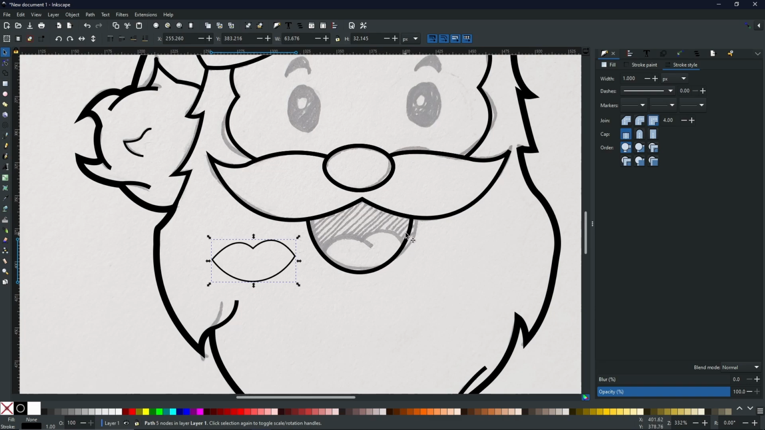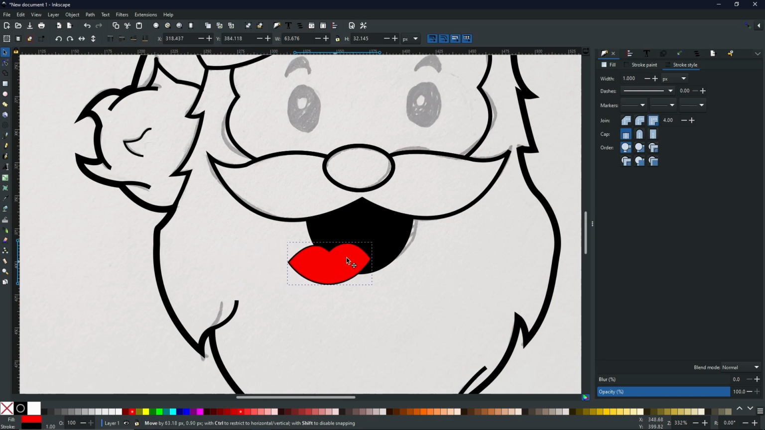So if we were to select this shape, turn it black for example, and then select this shape and turn it red, you can see the difference it makes. But you can go one step further. I'm just going to come down to the color swatches, hold shift and press X to get rid of the outline,